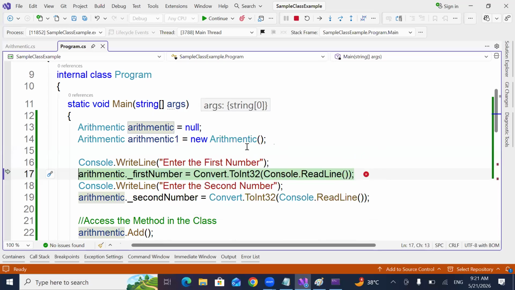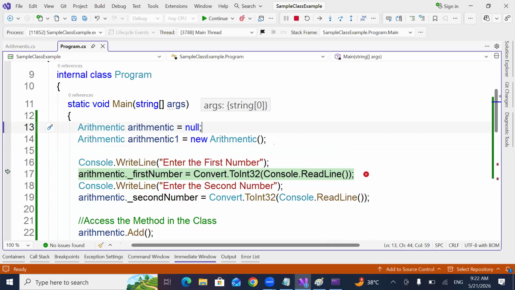So who is creating memory for you? The object, the new keyword. And this is your constructor. I will show you this practically tomorrow, how the new keyword creates memory for you.